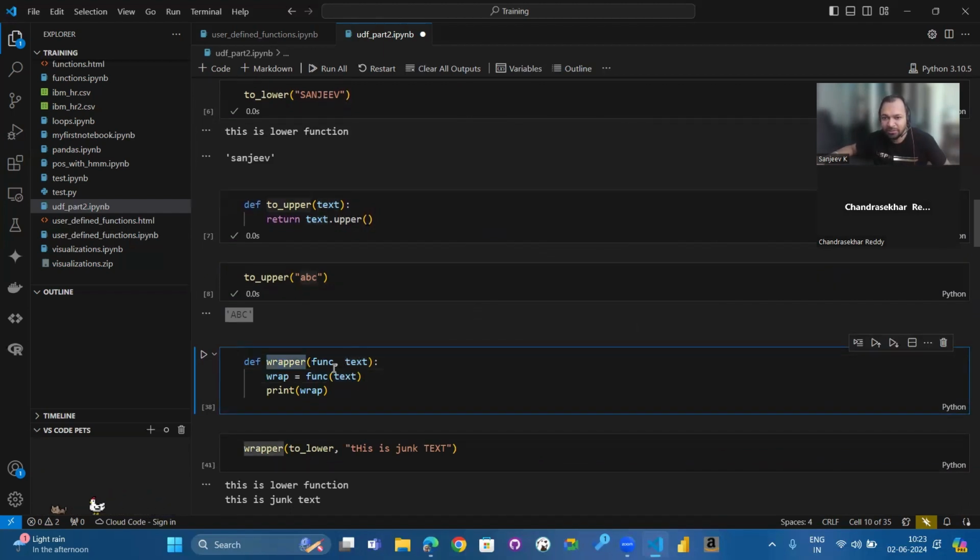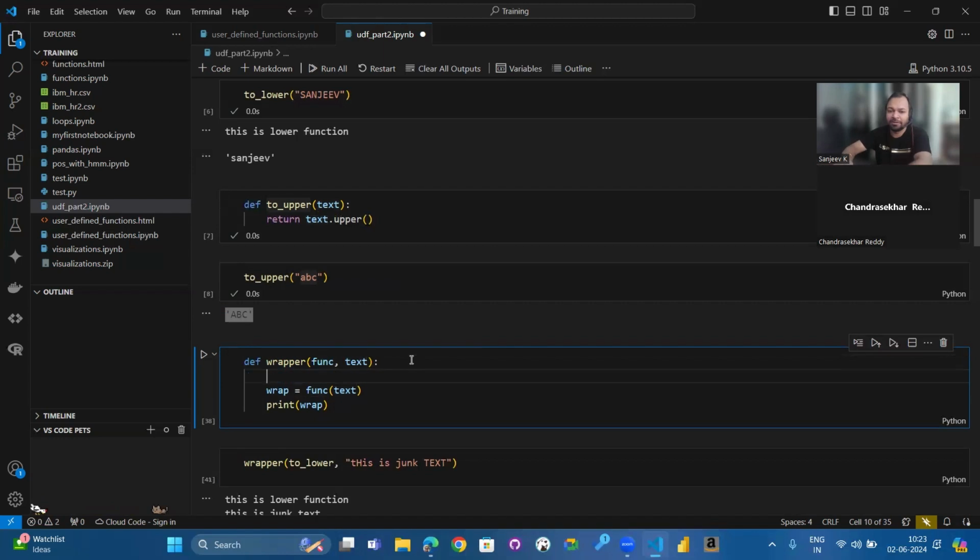We are taking two arguments, in which the first argument is the function and the second argument is the argument which you're going to send to this function. So let me write this.